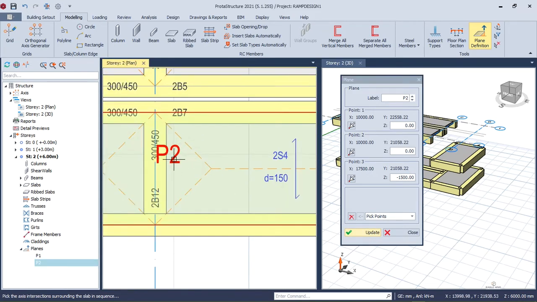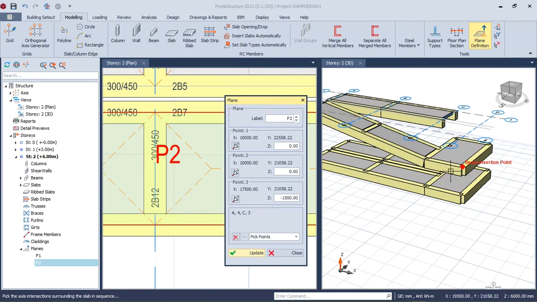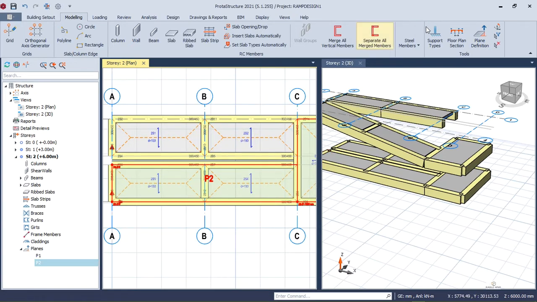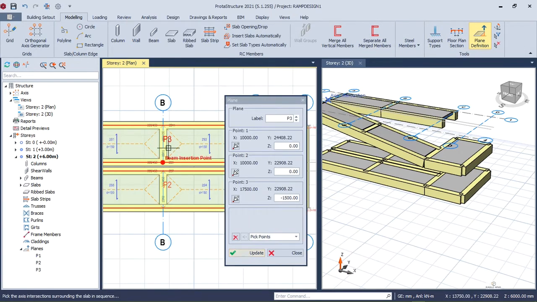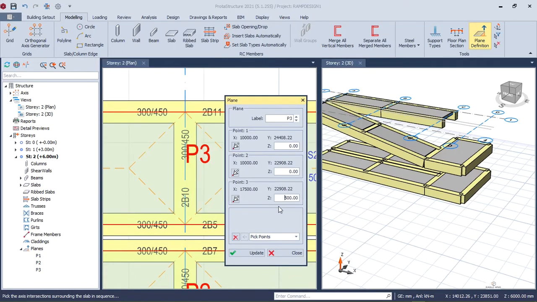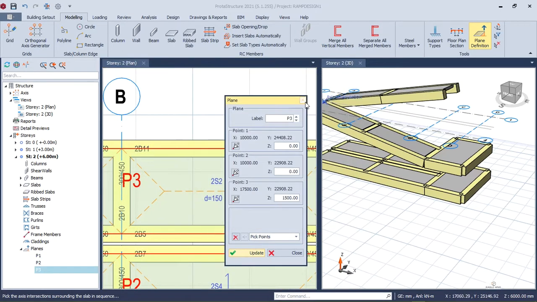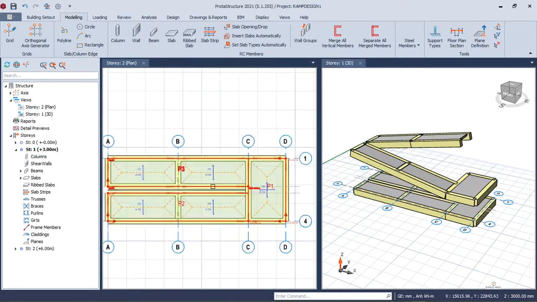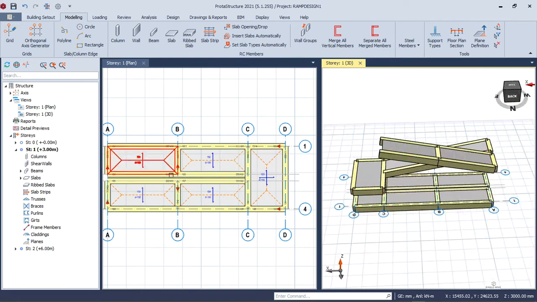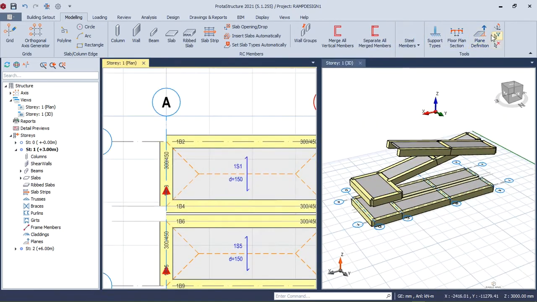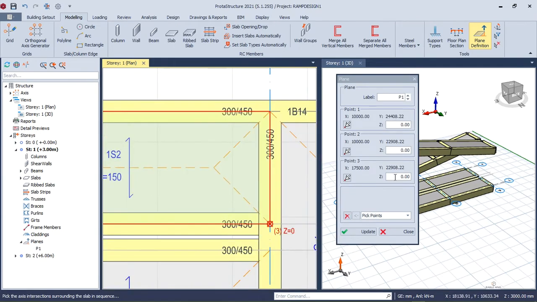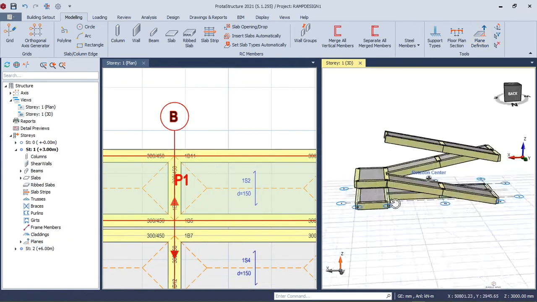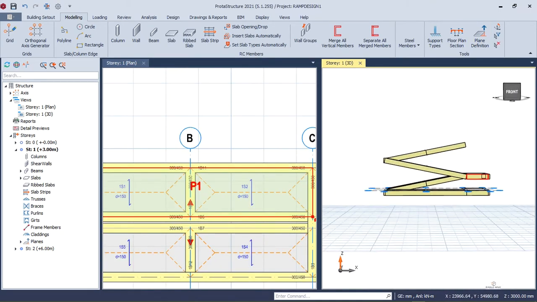Update, come here, click on E2, right click and say move members to plane. Yes, so that's the way we have it. Okay, and this other one we're going to put it at positive 1500. So there we have it at the center of the floor, and here we should have, over here we already